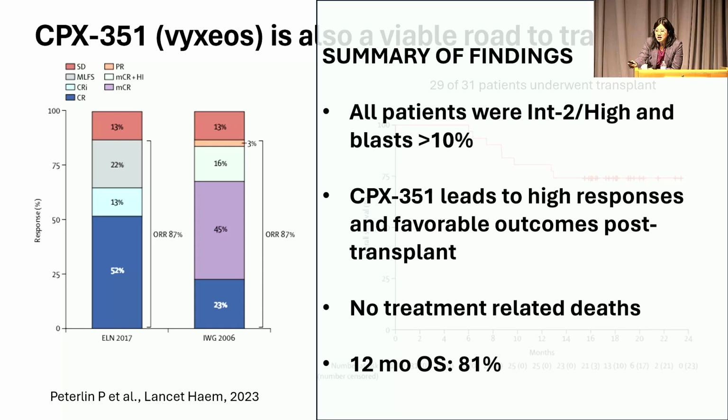and they were able to demonstrate no treatment-related deaths, which is actually a major concern of ours when we give patients with MDS intensive or conventional intensive chemotherapies. And in their early readout, the 12-month overall survival for this cohort that went on transplant was 81%. Of course, longer-term follow-up will be required. This thus suggests that these are two potential regimens to offer a patient that has MDS/AML disease, or disease where the burden looks to be concerning,